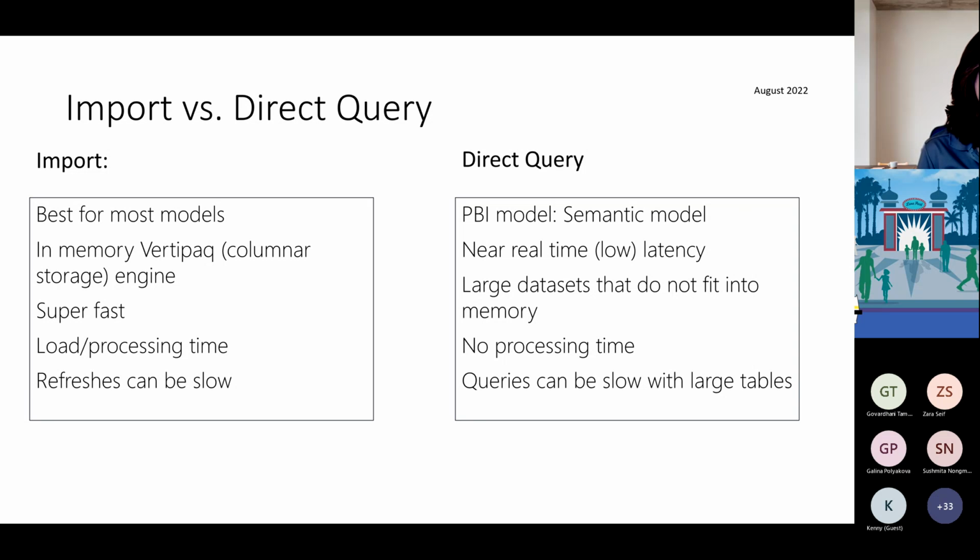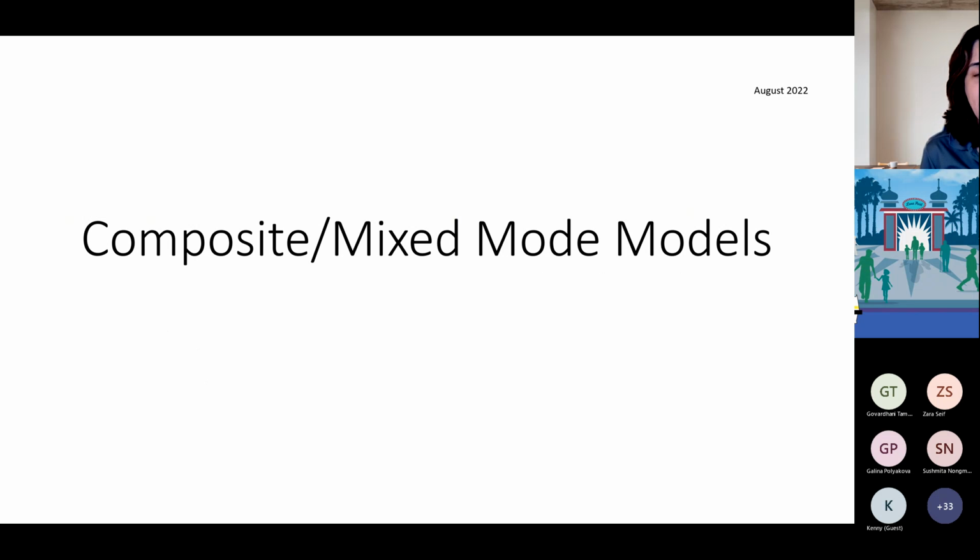And that time it takes, even if your data fits into memory, for some people, they can't fit into a processing window, which with Premium is 5 hours. They still cannot fit. So then they have to revert to DirectQuery or use incremental refresh, as we're going to see. So how do you choose between the two? The good news is you don't have to choose for your entire model anymore. You can choose per table, and this way your model is going to be called a mixed mode.